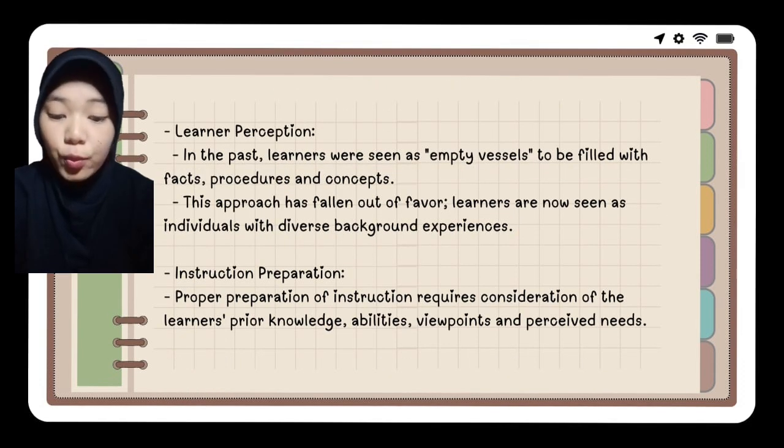There was a time when the majority of educators perceived the learner as an empty vessel. The learner was without knowledge, and teaching was considered the act of filling up students with fact, procedure, and concept. This approach has long since fallen into disfavor. Most educators now perceive learners as individuals who come to each instructional situation with a variety of background experiences that